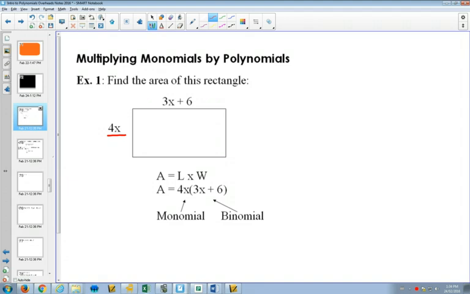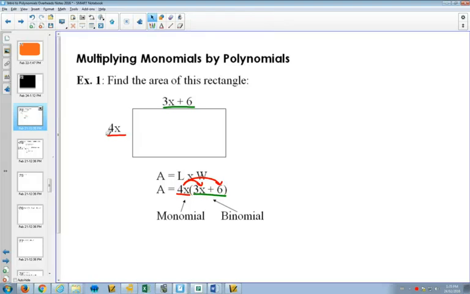This is a monomial. This is a binomial. So if you want to find the area of that rectangle, area is length times width. You would have to take the length, which is the monomial, times the width, which is the binomial. What do we do when we have a number outside of the brackets like this? We use the distributive property. And the distributive property says that this 4x is going to multiply that 3x, and this 4x is going to